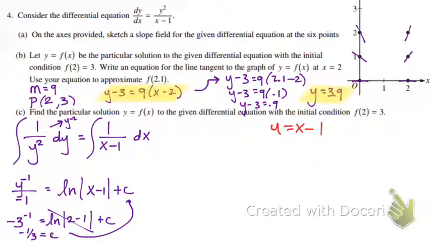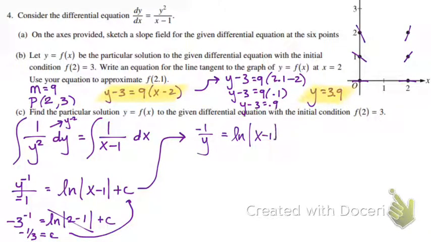And then I'm going to erase this just so I have a little bit extra room. So we have, I'm going to rewrite this. Instead of writing it as y to the negative 1 over negative 1, I'm going to write it as negative 1 over y equals ln of the absolute value of x minus 1 minus 1/3. If I want to get rid of that negative, I can divide it over to the other side. So I have 1 over y is equal to negative ln of the absolute value of x minus 1 minus 1/3. And if I want to get y out of the denominator, I can take the reciprocal of both sides. So I can say y is equal to 1 over,